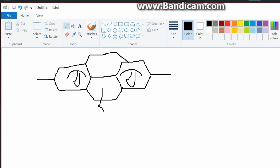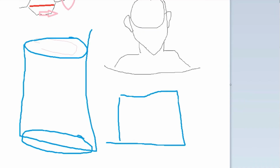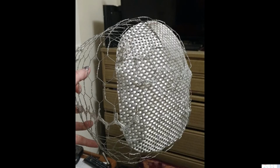So what I did was I took a sheet of chicken wire and turned it into a cylinder. I hot glued the seam where the edges met and then fit it over my head to make sure I had room for my glasses and my nose and nothing would be smushed, and I could easily take it off and on. And then I cut a sort of zigzag triangle pattern out, like a beach ball. You know how the beach ball tapers in so that you can get the dome at the top? I did that